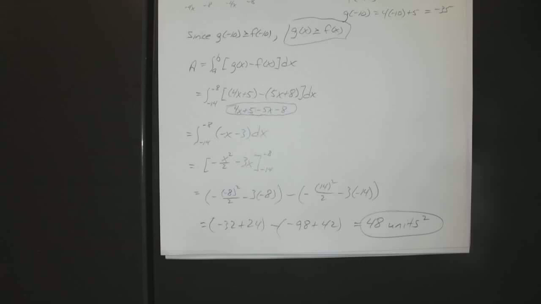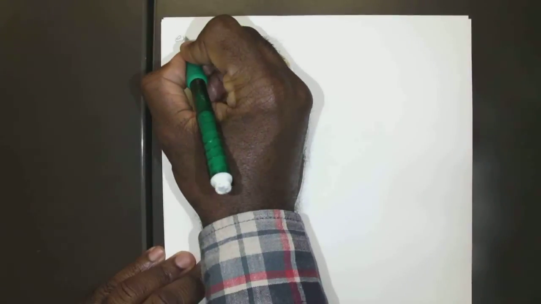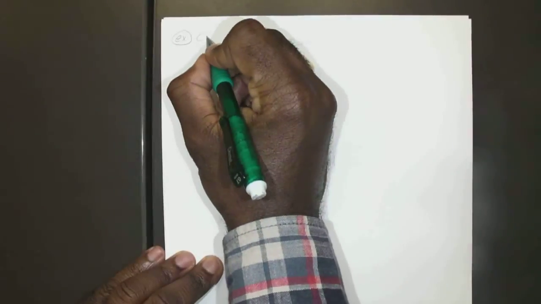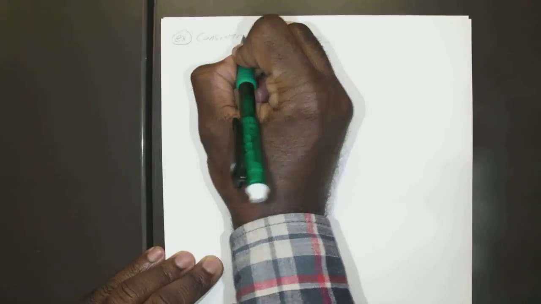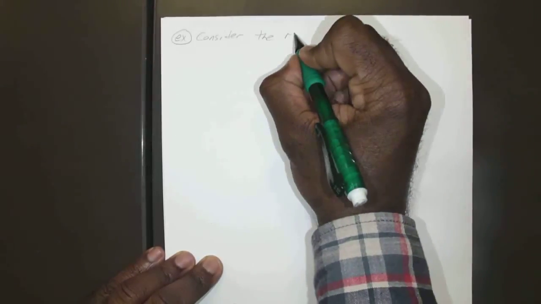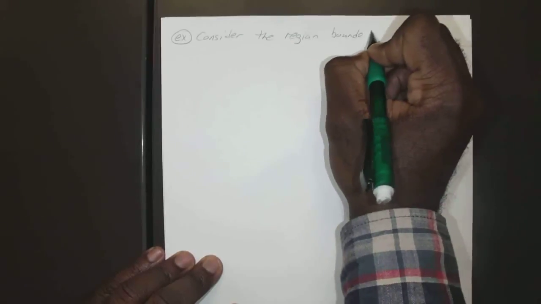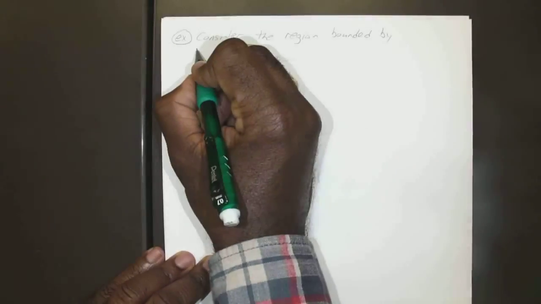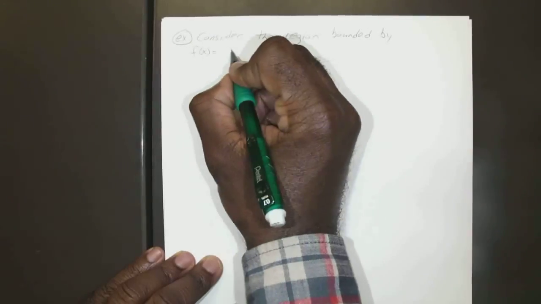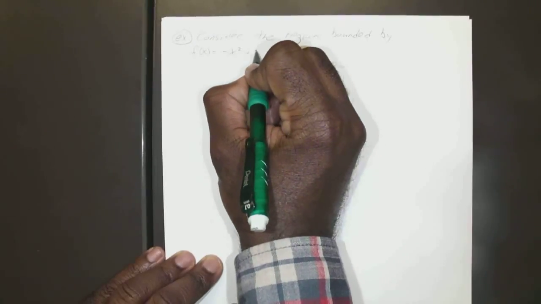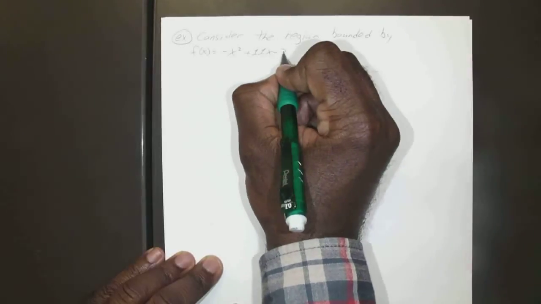All right, is anyone still writing? All right. So for our next example, consider the region bounded by f of x equals negative x squared plus 11x minus 3,